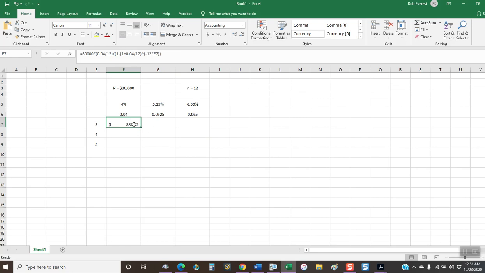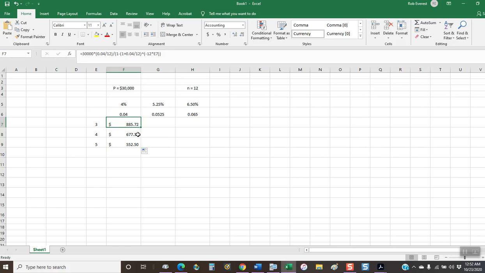Okay, so if I drag, this is the great part. If I hover over that box and get this white cross as it gets close to that solid square in the bottom right hand corner, the cross turns to a black cross, so that if I hold my left click down on my mouse and drag down, it'll automatically compute similar formulas here using this cell referencing and putting cell E8 in for the number of years,